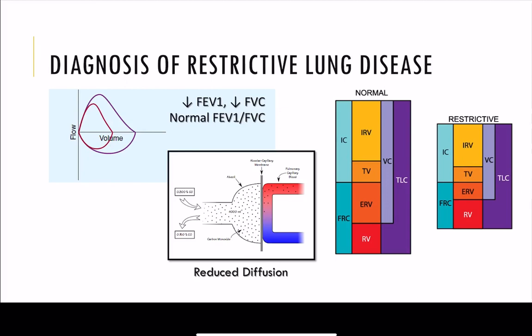So the results of these tests can help to diagnose multiple lung diseases, and this slide is showing you things that help to diagnose restrictive lung disease. In general, we expect a reduction in total lung capacity in a restrictive lung disease because it is difficult to get air in. That means we will have less vital capacity to play with because we can get less air in. When we look up here on the left, at flow rates in relation to volume,